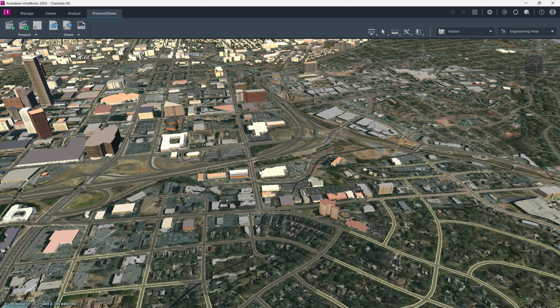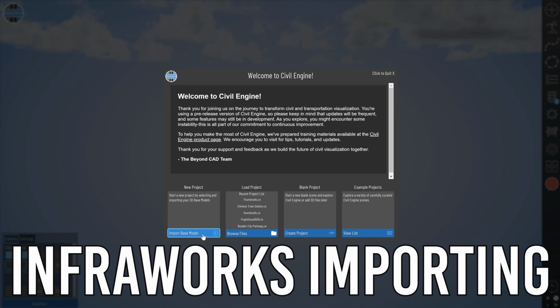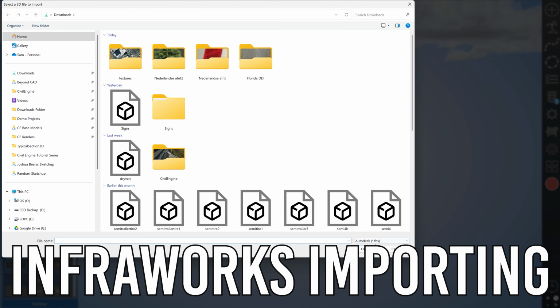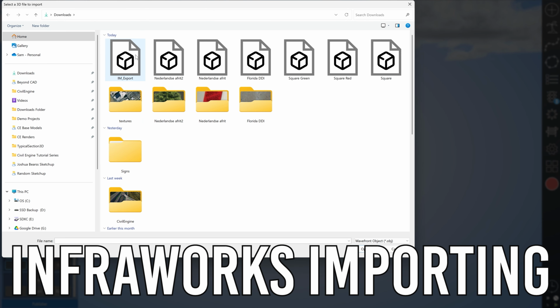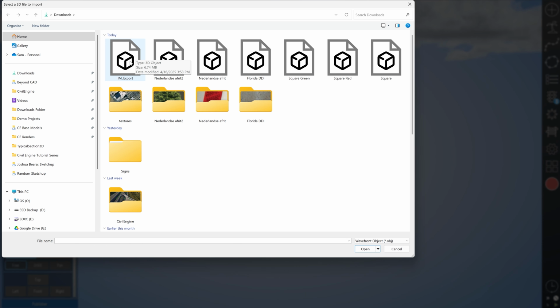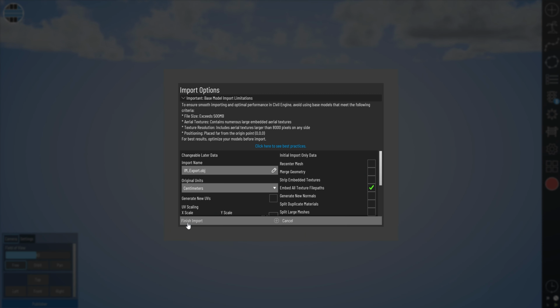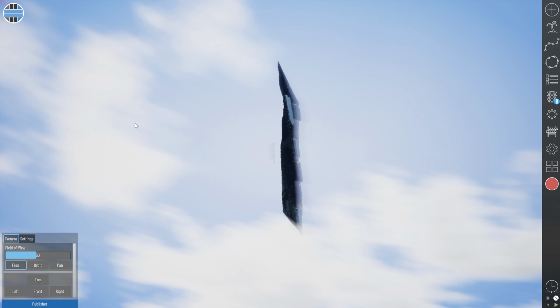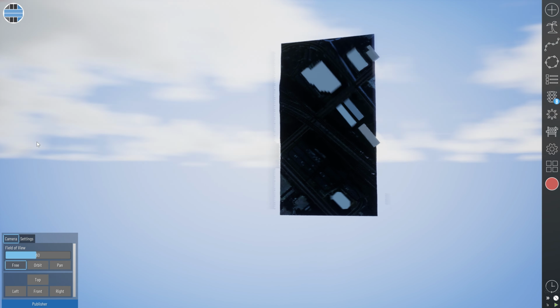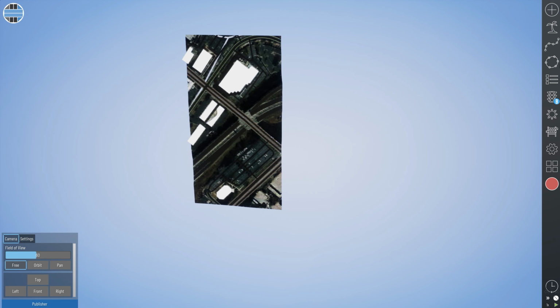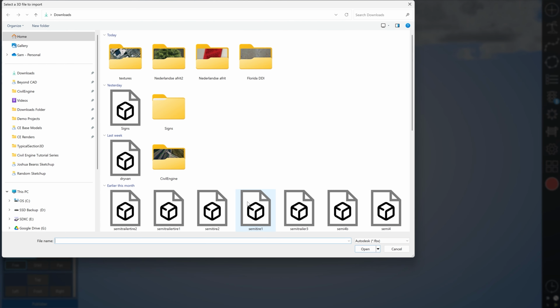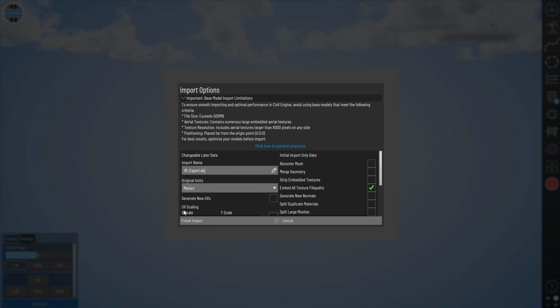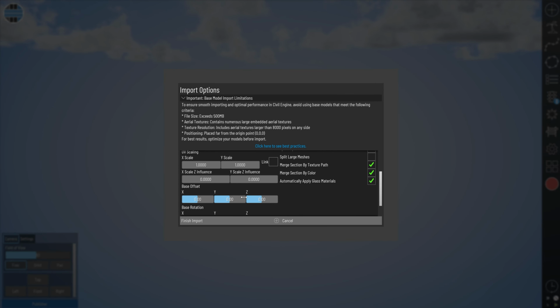All right, so that didn't take too long. So now we need to open Civil Engine, and let's go to Import Base Model. Switch to OBJ, and it's this IM export right here. Let's switch this to centimeters and do Finish Import. All right, you can see here it came in and it's much too small, and so that should have been meters. So let's re-import. Let's go to OBJ, IM export, leave it at meters,